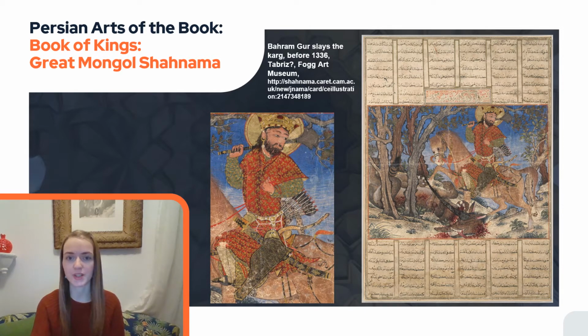Here the horizontal format has gotten a bit bigger and more squarish, and the figures larger. This one shows Bahram Gur, a mythical hero and king on his horse, who has just slain the monstrous Karg, or horned wolf. You can see the blood splatter about and the heroic haloed figure of the brave and virtuous warrior king, with his weapons on full display and his horse trampling over the wolf. The Shahnameh was often used by subsequent Persian dynasties as well as a means of establishing a genealogy and to legitimize their rule over Iran.